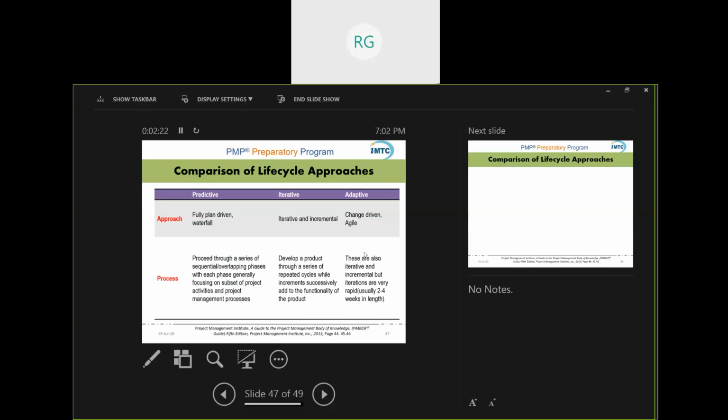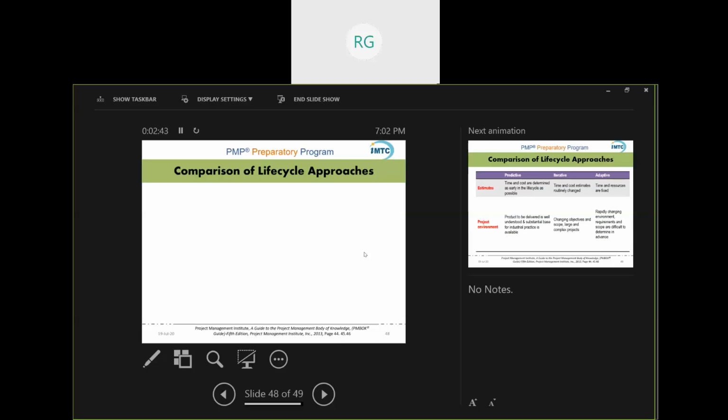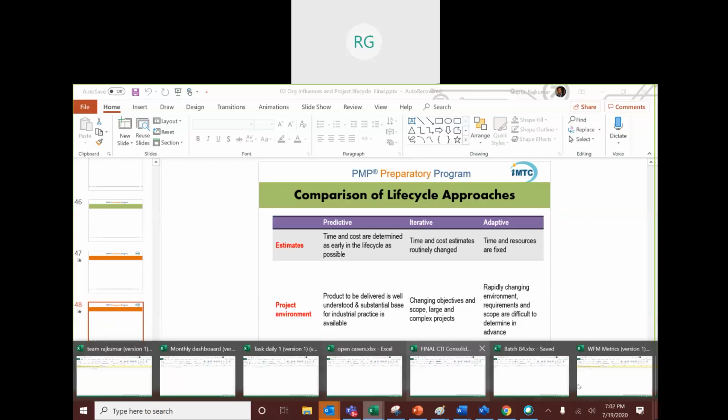Adaptive is so change driven because it's highly complex. We don't know the product extensively. It needs to be delivered generally within 2 to 4 weeks of time. It's complex, we are doing testing and development at the same time, and we're also moving forward with that. These are the three life cycles that we have as a part of my project management. These are the only three life cycles which are recommended as a part of the book,